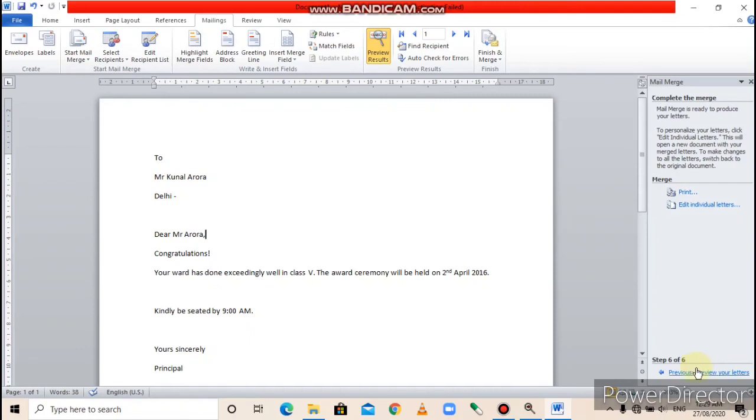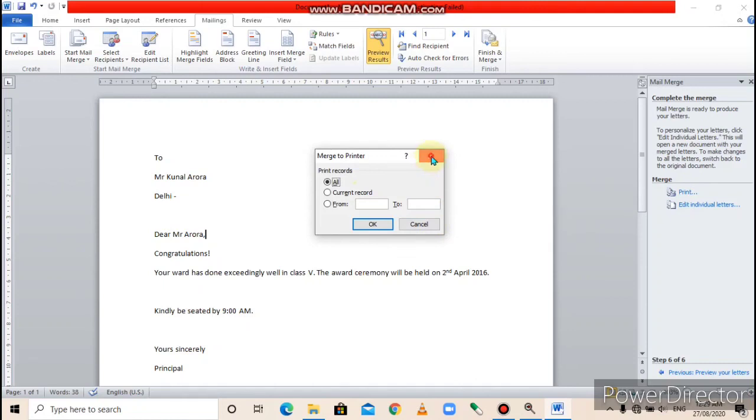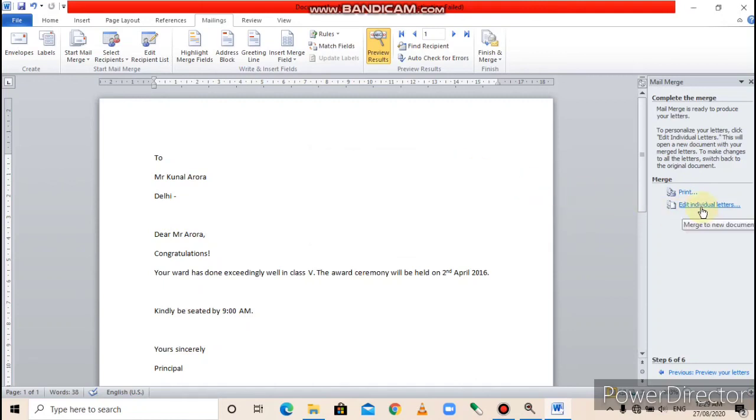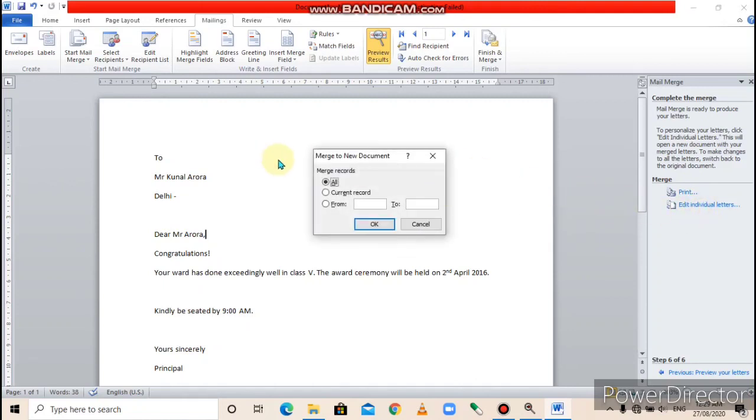When you click the next complete the merge link, then two options are there: print and edit individual letters. When you select either of the options, a dialog comes up asking you to specify the records you want to merge. When you click the print option, this dialog box will open, or if you click edit individual letters, the same dialog box will open.